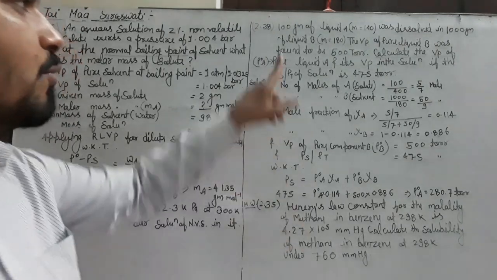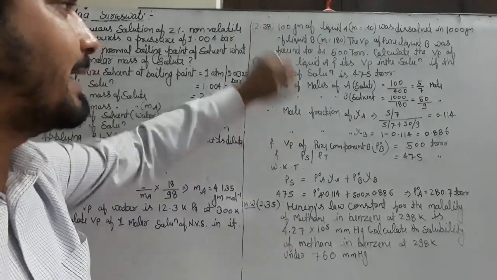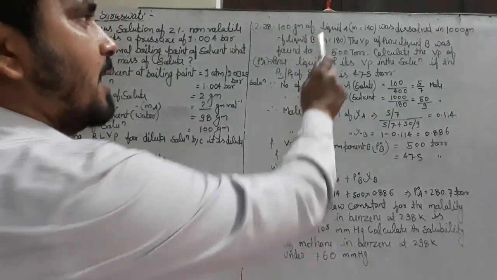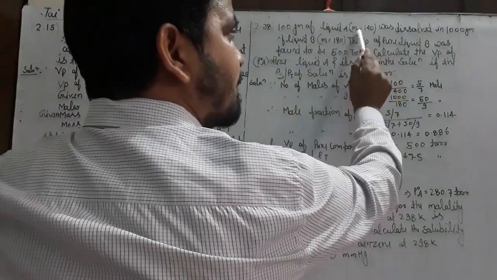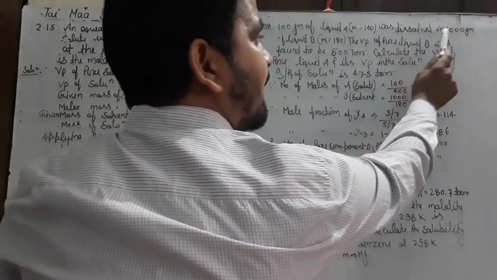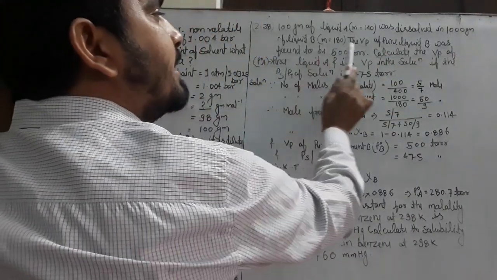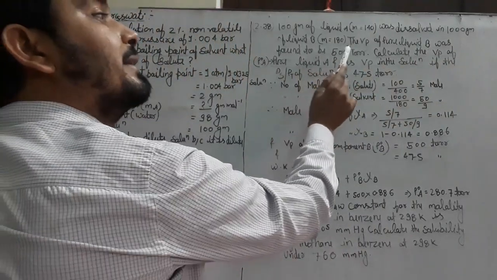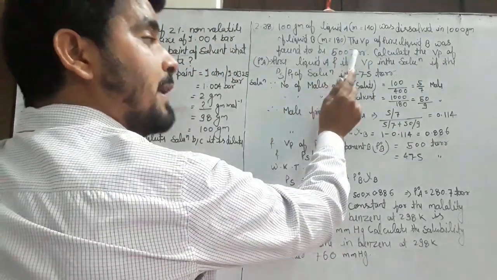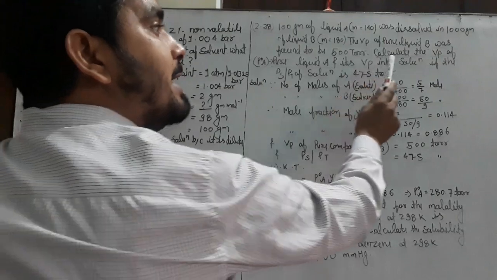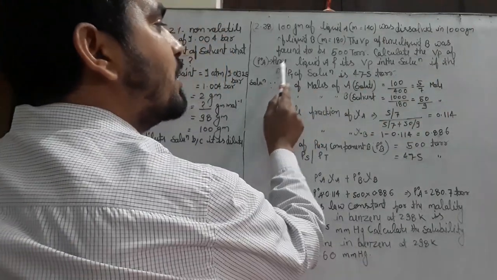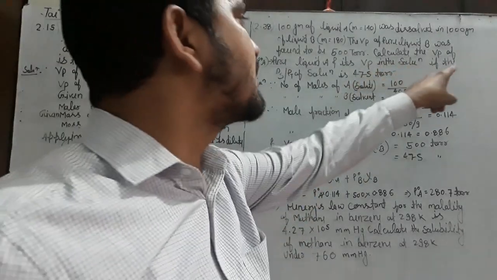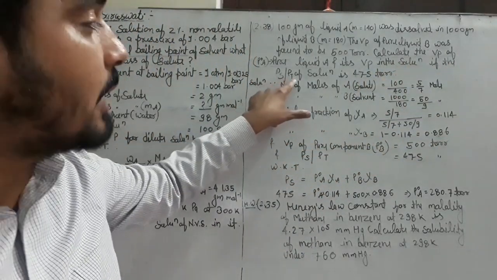In the same way, I have given one more numerical, dear children. It is also important. 100 gram of liquid A, having molar mass 140, was dissolved in 1000 gram of liquid B. The vapor pressure of pure liquid B was found to be this one. Torr is the unit of pressure. Calculate the vapor pressure of pure liquid A and its vapor pressure in the solution,